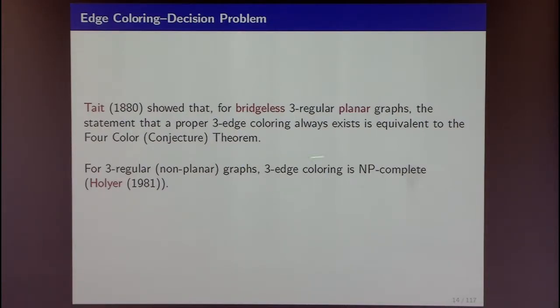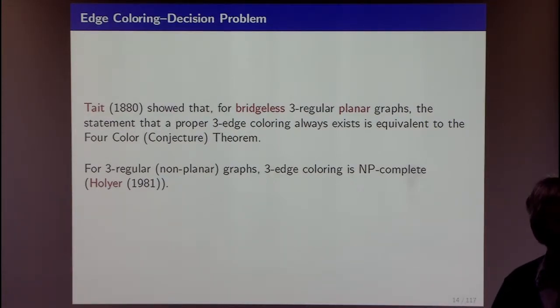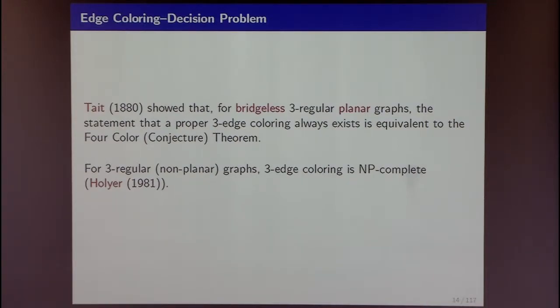In general, for non-planar, this was shown in the 80s to be NP complete. So we're talking about whether or not there exists a coloring. The corresponding problem for every NP problem, basically you can talk about a counting version of it. So if there exists one, or how many are there? Of course, if you know how many, then you can know if there exists, but in general, not the other way around. So this other class called Sharpie, which sort of talks about all the counting versions of NP,